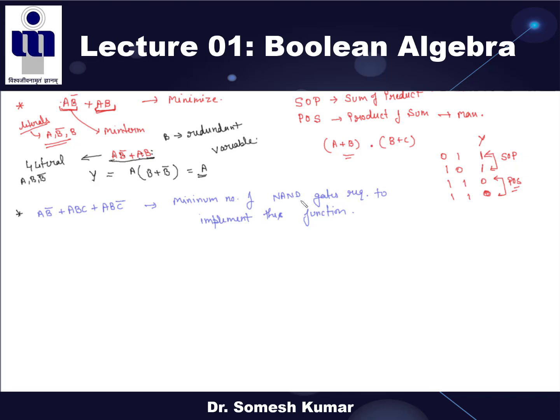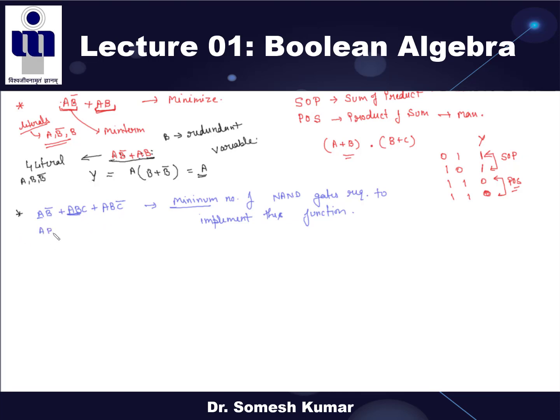So first, if minimum word is there, then the first thing is you have to minimize that particular expression, right? So how can you minimize this expression? From seeing this expression, it is clear that if we take AB common, then inside it becomes C plus C bar, and C plus C bar is 1, right? So by seeing the expression, you should know which terms we have to take common.